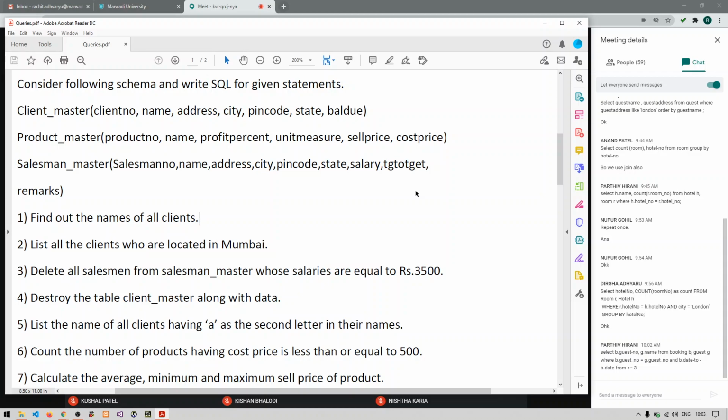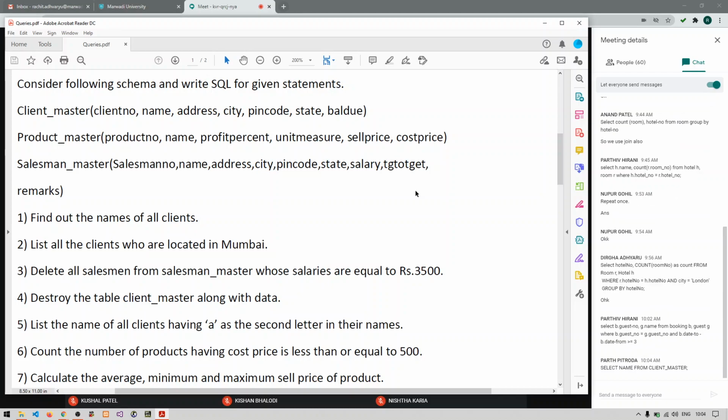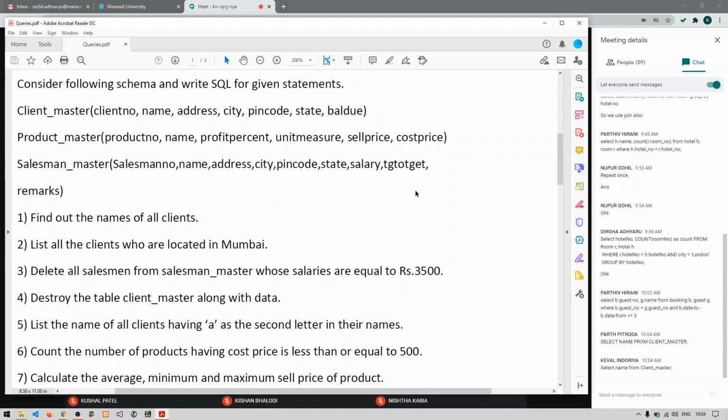Anyone who can give the answer of this? Select name from client master.